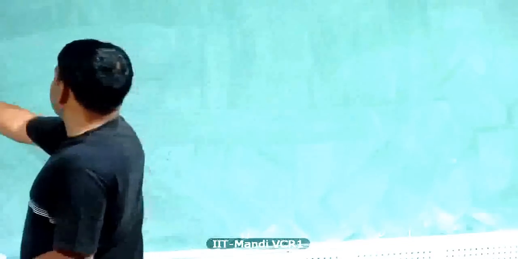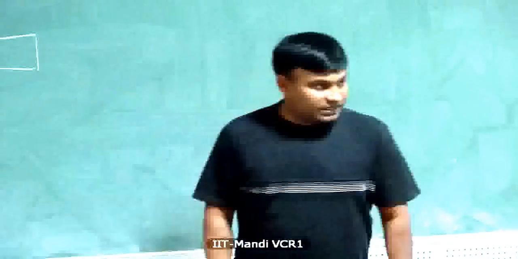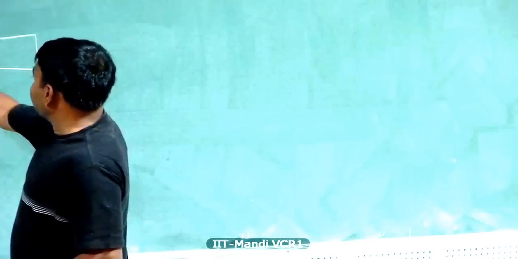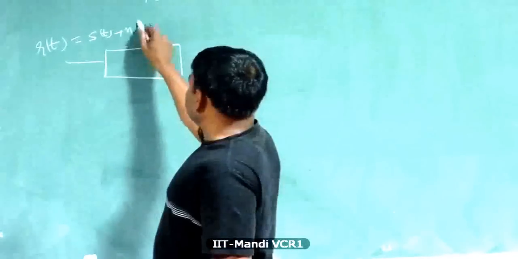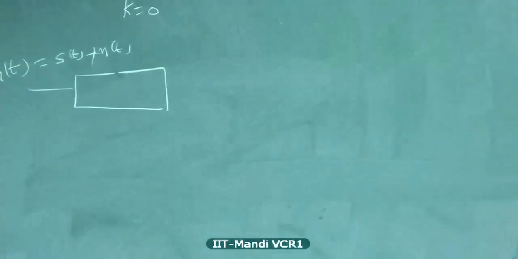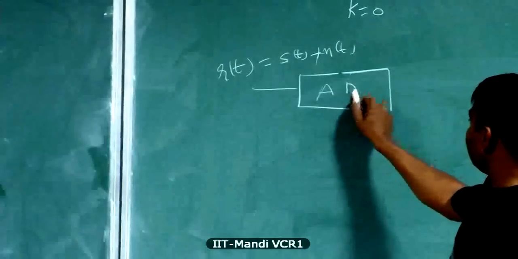So what we will do is, we will develop the receiver in the discrete time domain directly. Okay, again in the entire discussion we'll use baseband representation, low pass baseband representation. So we have a received signal R of t, which is the sum of S of t plus N of t. We'll pass it through an analog to digital converter. Okay, it's called ADC.